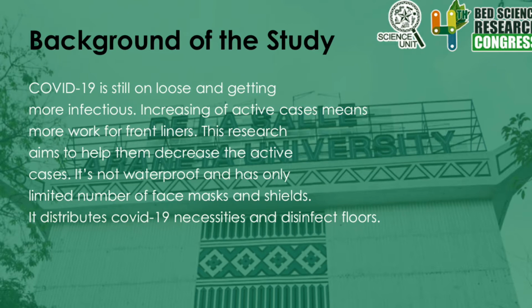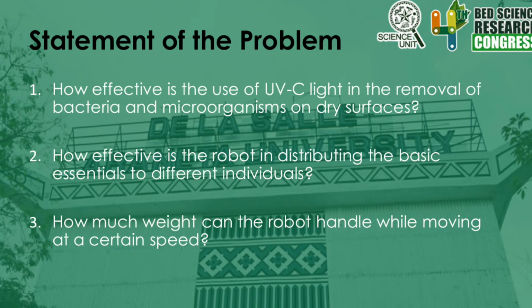This robot is not waterproof, therefore it cannot be placed in wet areas. This robot does not only distribute face shields and masks, but it also sanitizes wall-wipe floors with the use of UVC light. As of today, the COVID-19 virus is still on the loose and is continuously spreading all over the